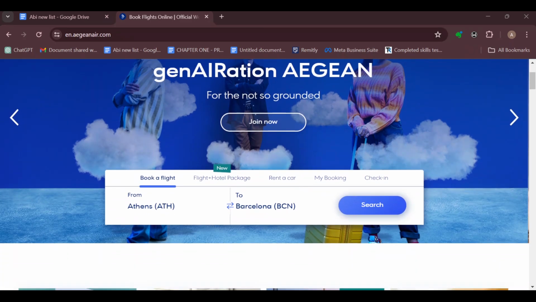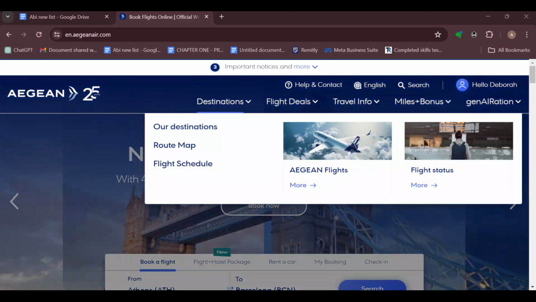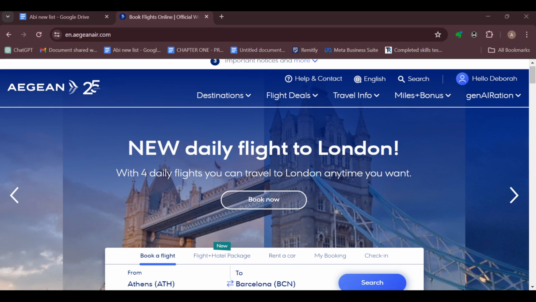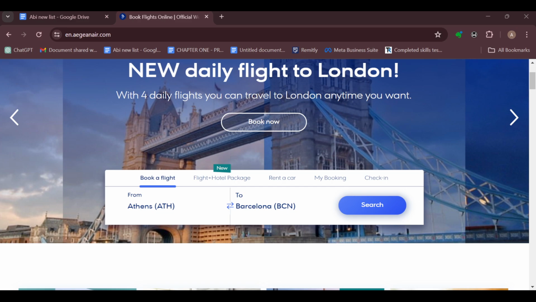Now, to access the AEGEAN Airlines lounge, the first thing you have to do is to check if you're eligible. You have to meet certain eligibility criteria, and the first criterion is that you must have a same day business class ticket on AEGEAN Airlines. So that means that for you to be able to access the lounge, you'd have to book a